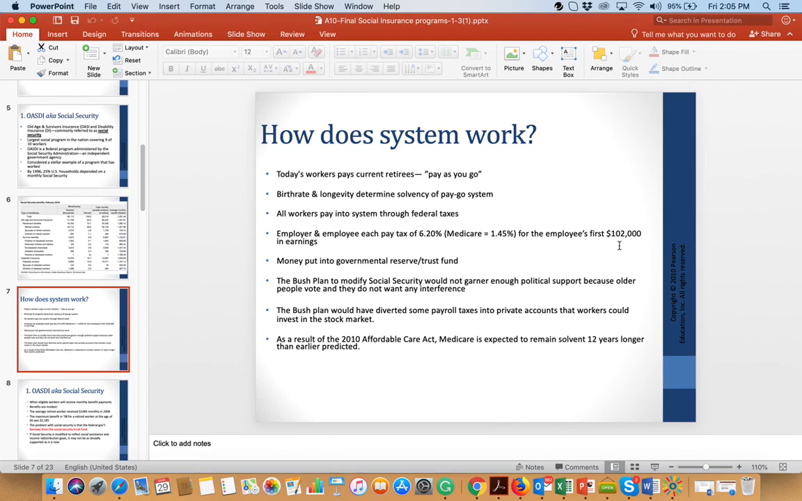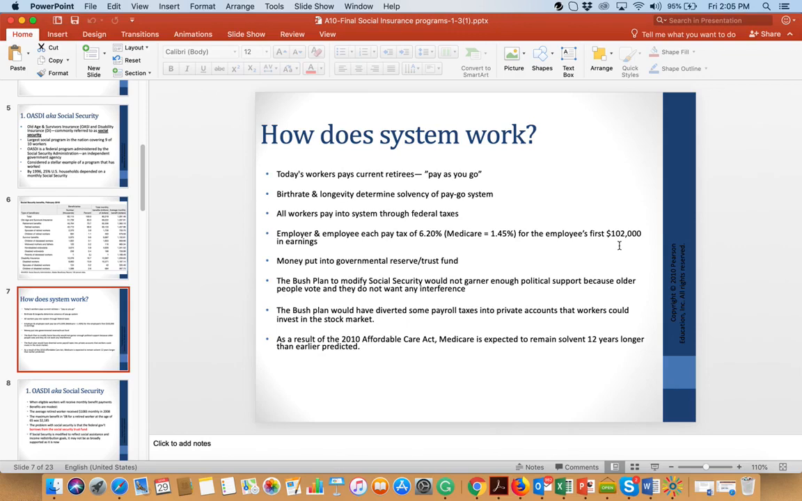So money is put into a government reserve trust fund, meaning that you pay into this and you pay current retirees, and the rest of the money is put into reserve or a trust fund, which means that there should be enough money for the retirees tomorrow. Well, the government uses this money for other projects, for example, for the military, for education, and for other projects that it requires. The Bush plan, I think this is a test question,